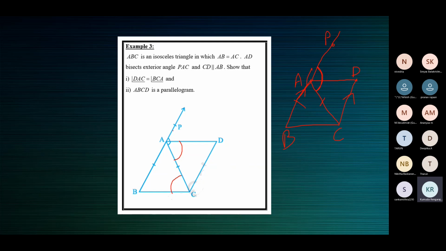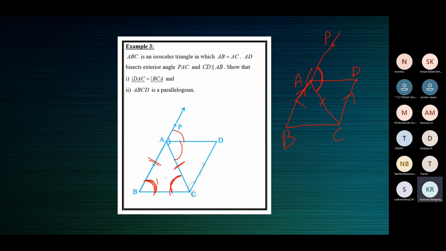So let's just mark off these angles, children. Let's take up this angle. These two angles are equal, right? This angle is equal to this angle because these two sides are equal. This side is equal to this side. So that means this angle is equal to this angle. Isosceles triangle property. When two sides are equal, which is given to us, these two angles are equal.